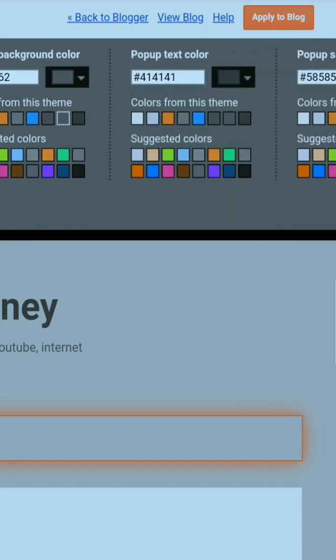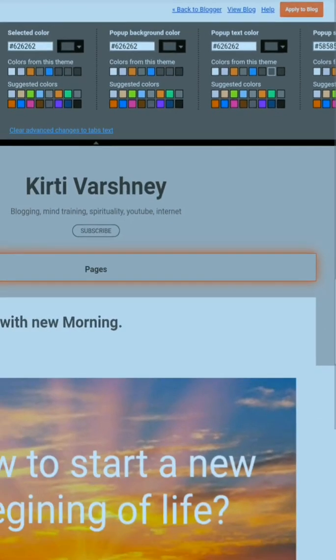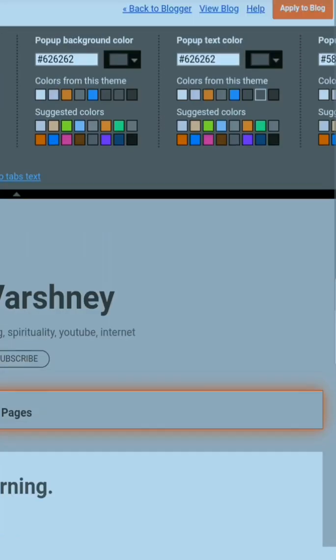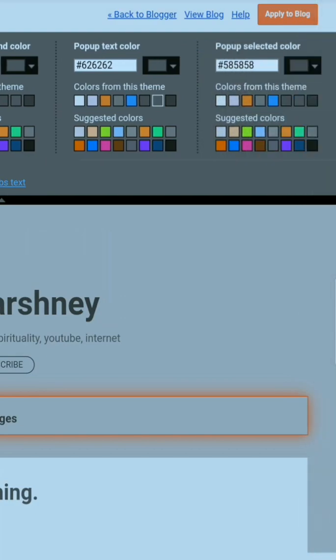Pop-up text color is already set, still I'm choosing the middle one, because I want to give an equal look. I don't want my blog theme to look bright somewhere and light somewhere. Next, pop-up selected color is also set. Still I'm choosing the middle one and apply to block.